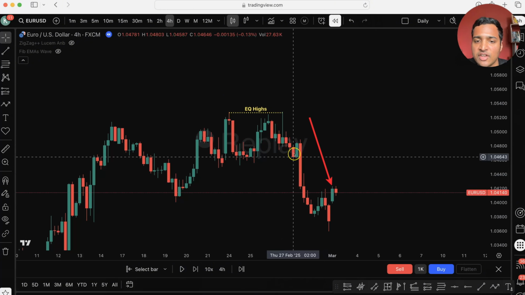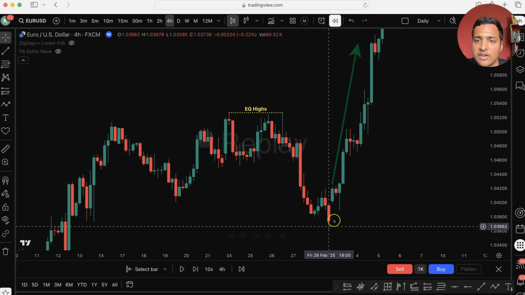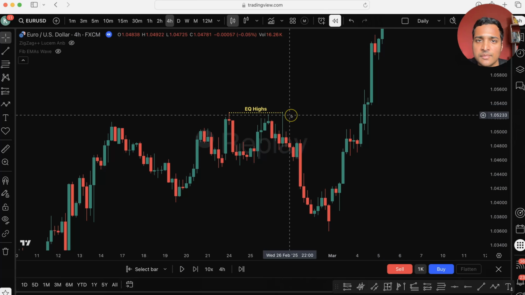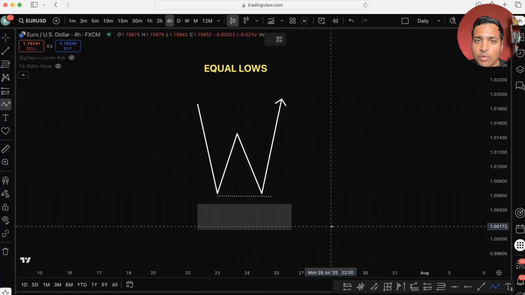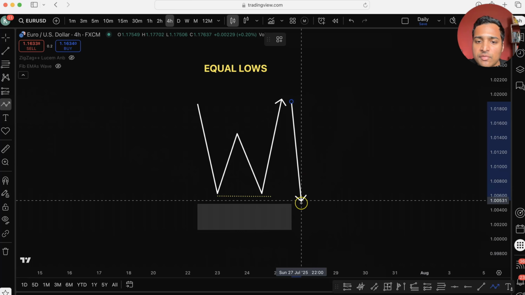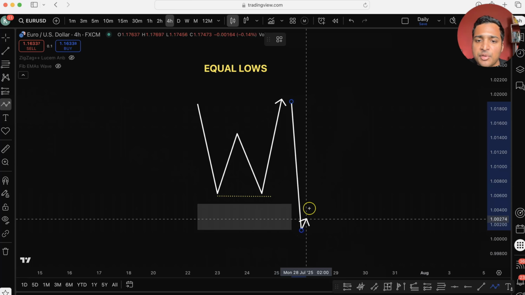As you can see, price had an impulsive move down, and then price had this impulsive move up, which took out the stop losses above the equal highs, clearing the liquidity. And this just shows you that these principles of liquidity hold true in real market conditions. Similarly, equal lows form when the market forms similar lows viewed by retail traders as strong support levels. Especially as traditional education teaches that this is a double bottom. But again, this is liquidity. And smart money take out the stop losses of retail traders, fill in their positions,